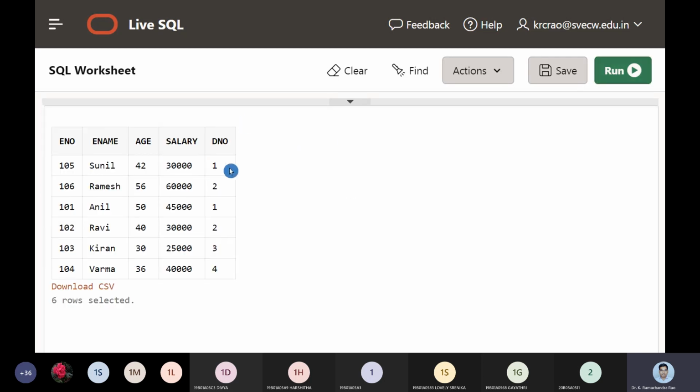Now you can see the employee table, the department values 1, 2, 1, 2, 3, 4. This is the order you are going to see. And how many are there? 1, 2, 3, 4, 5, 6 are there.